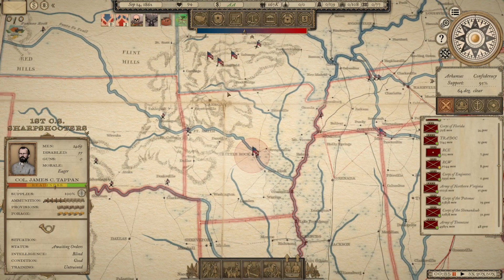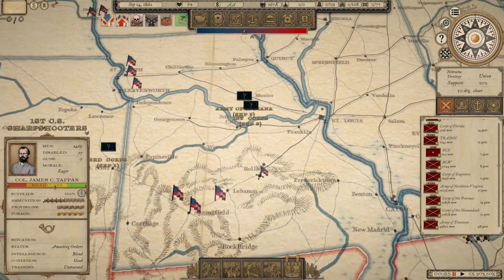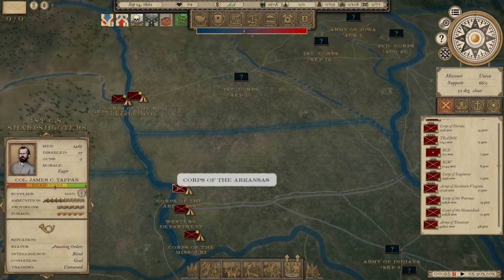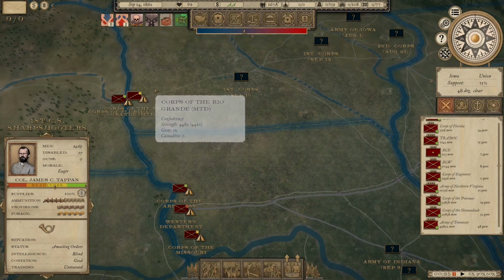All right, now we covered policies. Let's talk about what's going on. So we had the second battle of St. Joseph, Missouri, or St. Joseph Ferry, Missouri, seeing off the 1st Corps of the Army of Missouri. They've retreated up the river, re-engaged. They got into contact with the Corps of Florida, Corps of Rio Grande, continue retreating out this way. So even though I didn't destroy the Corps, they are now out of Missouri, which is a very good thing